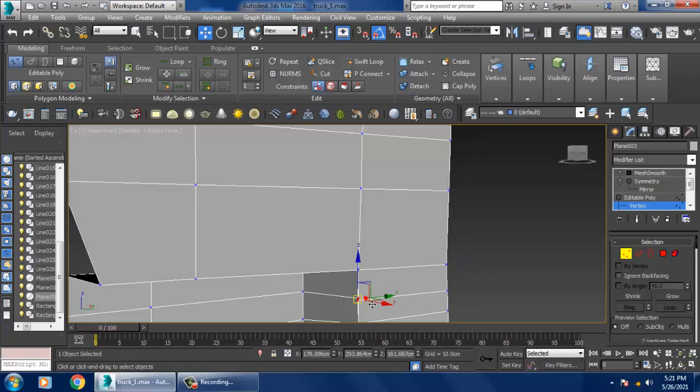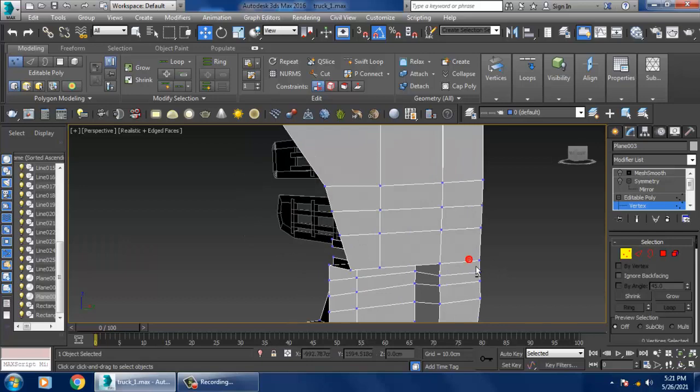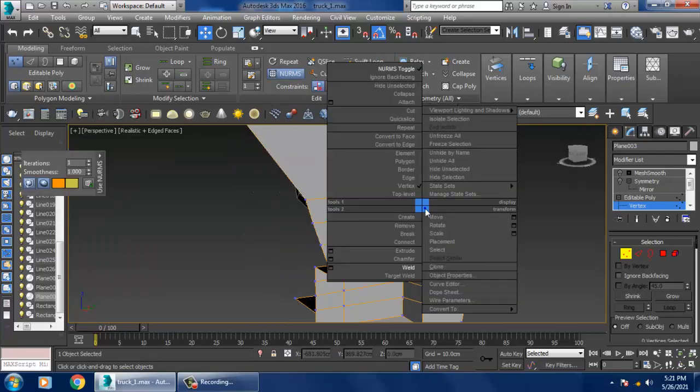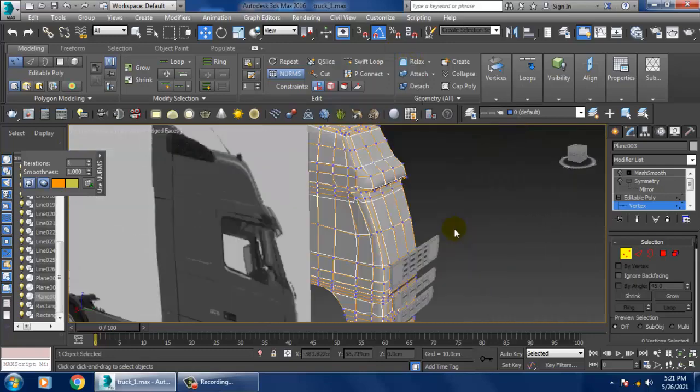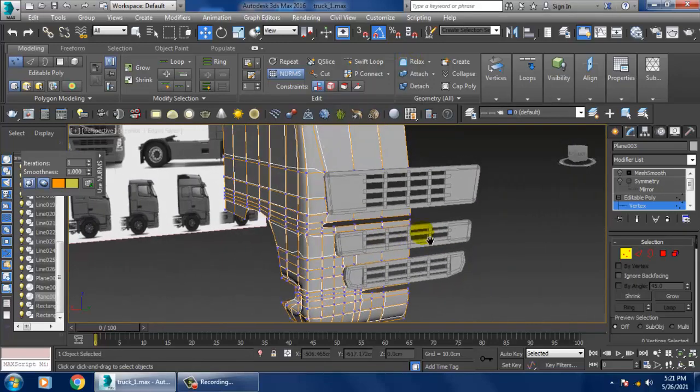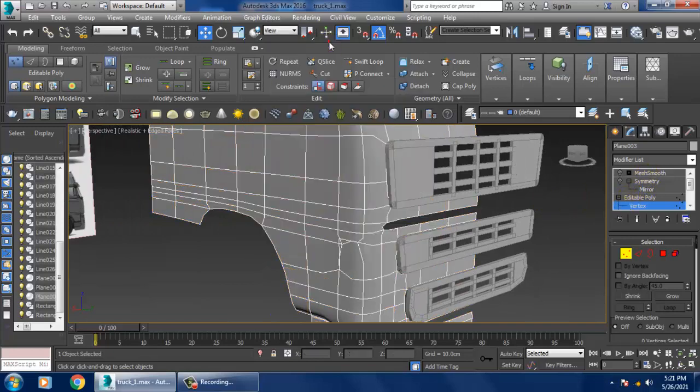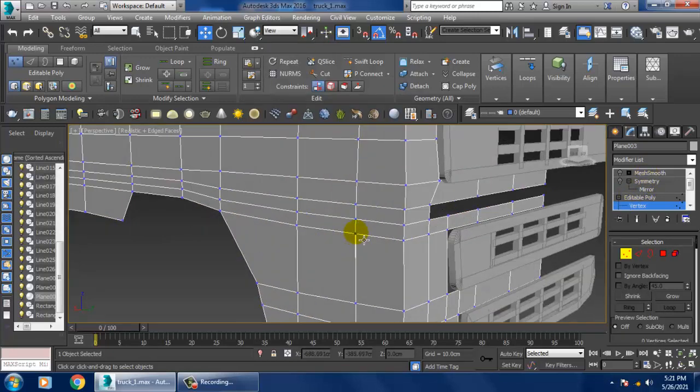So keep on welding those elements. Okay, looks good over here now. If you think that somewhere your segments are not welded, you can weld that. Just do that.